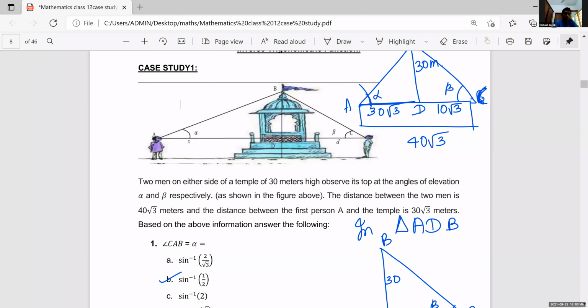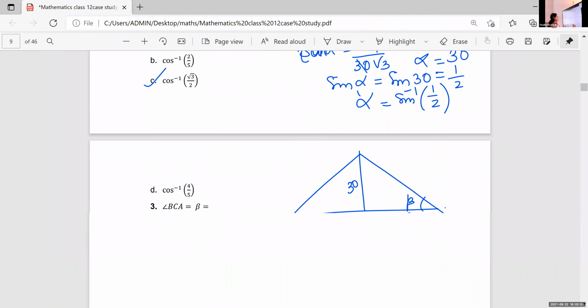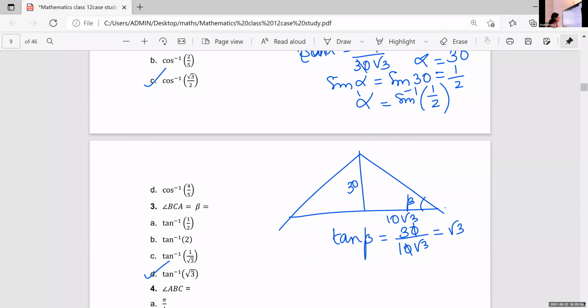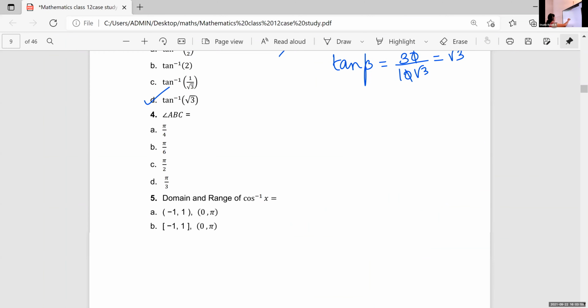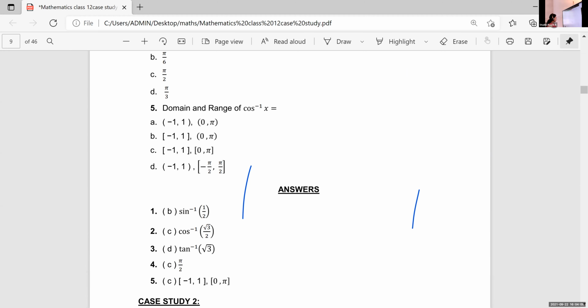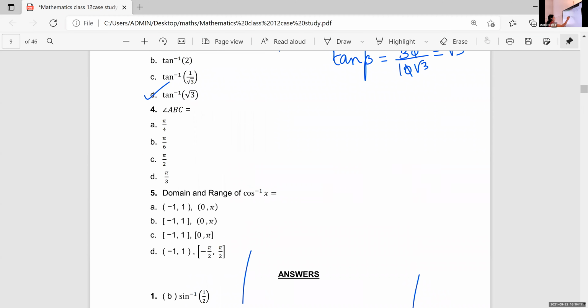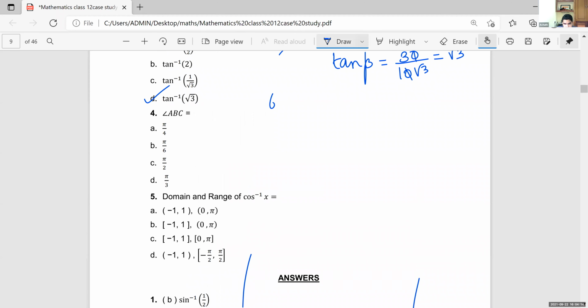So it will be angle B, 90. Is it 90? Check it. Here, when you convert this, beta is 60. So 60 and 30. So angle ABC will be, is it 90? Children, tell me. One angle is 60, other one is 30. So the third angle, angle B will be 90. Is it correct, Aditya? Yes, ma'am. So the option is C.